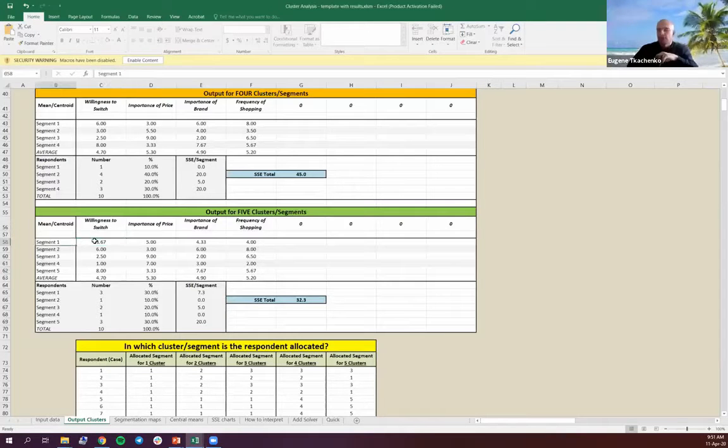So we will be characterizing the segments with 1 being the lowest for all of those 4 and 10 being the highest. Segment 1 is unlikely, really unwilling to switch to another brand, has average importance of the price tag, the brand overall is not really important for this segment, and this segment has lower than average frequency of shopping. So once you collect all this information, plus you understand how many people fall in this bucket, you will get